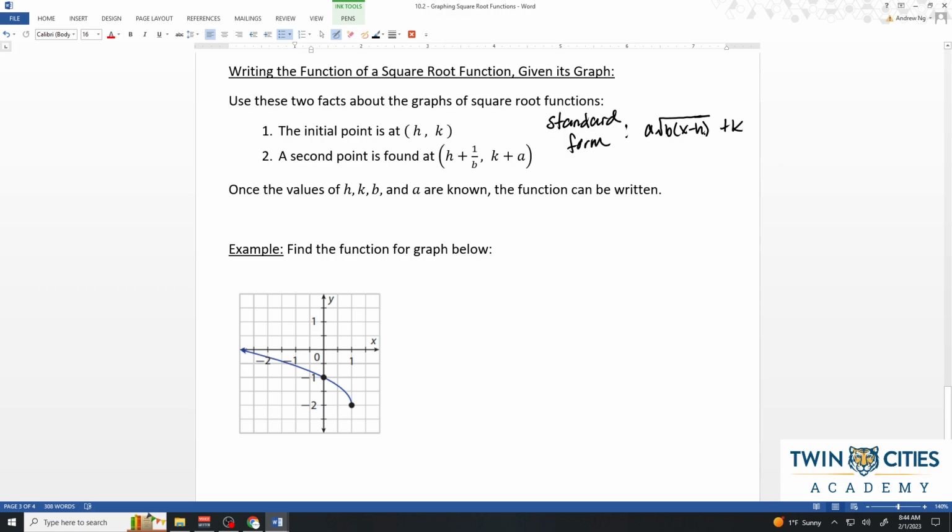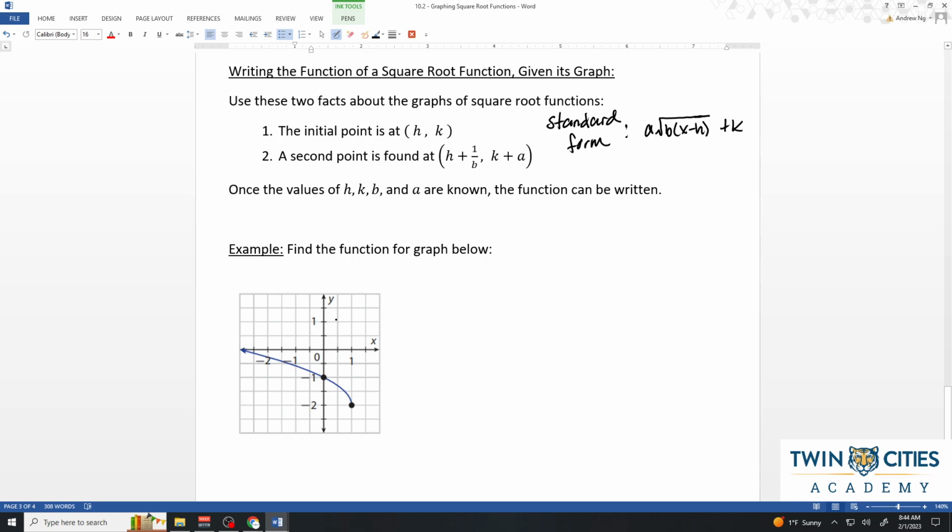So h comes from the inside here, x minus h, and k is what's on the outside. A second point is found at (h plus 1 over b, k plus a). So this is the x value of my second point, and this is the y value of my second point. And once I know what all of these h, k, b, and a are,